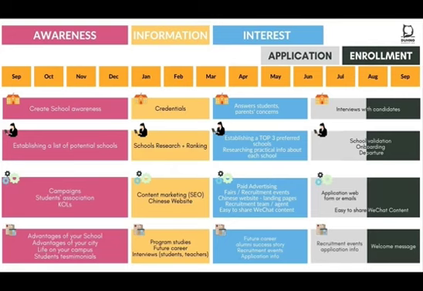You have all the aspects for the information stage as well, the credentials, what the students will be searching for. Is the school doing research, what kind of ranking or credentials they have, and then yourself, having marketing and SEO in place, and having the Chinese website in place or a way to capture information. And you can communicate on program studies, further careers, or interviews with the students and teachers, which is pretty efficient content.